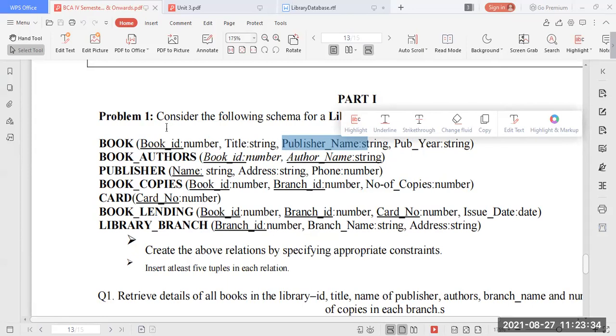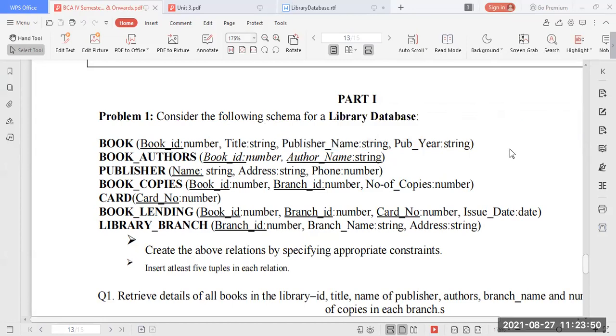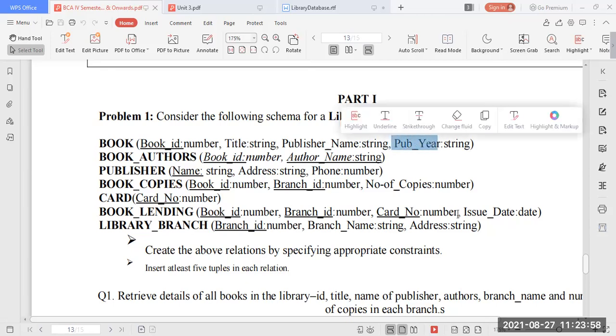So for that purpose, we have to create the publisher table first. There you mention the publisher name as a primary key. And after that, in the book table, you have to mention publisher name as a foreign key here. The table creation will be displayed once we finish this description of the library database for the question purpose. Okay. And the publisher year, you have to specify when the textbook got published. Maybe it is 2002, 2003, any year here.